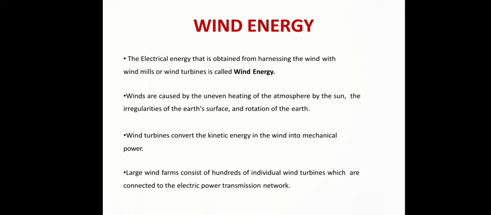Blowing wind spins the blades of the wind turbine. This device is called a wind turbine and not a windmill. A windmill grinds or mills grain or is used to pump water. World wind energy generation capacity grew more than fourfold between 2000 and 2006, doubling about every 3 years.